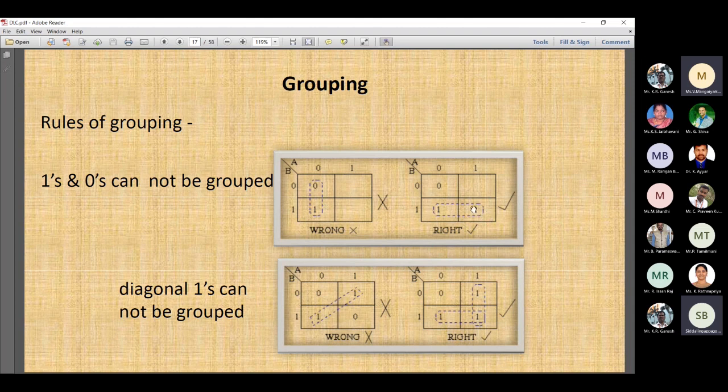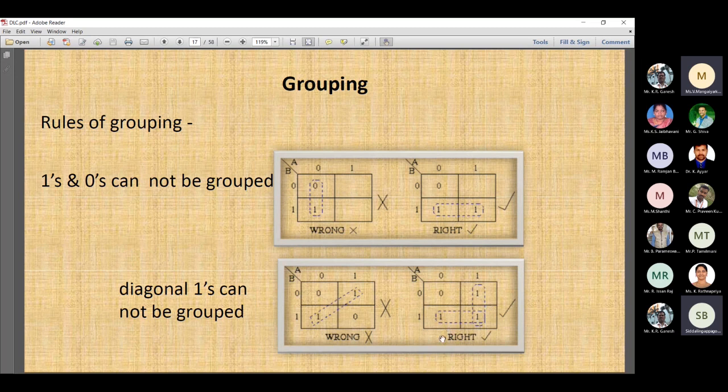So here in this case, you can group with two ones, you can group with four ones, you can group with eight ones, you can group with one, like that, right? So there is no six or three. Diagonal grouping is again not correct. This is a wrong method. You should use only this way, either in terms of row grouping or column grouping. So these are the methods of grouping here, right?